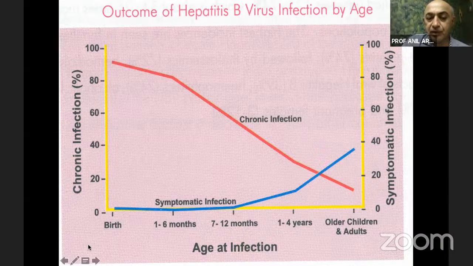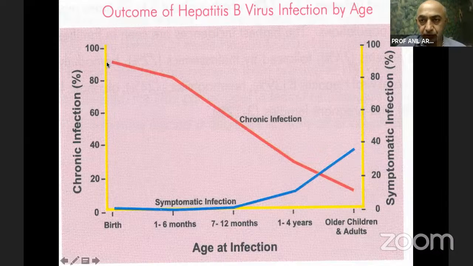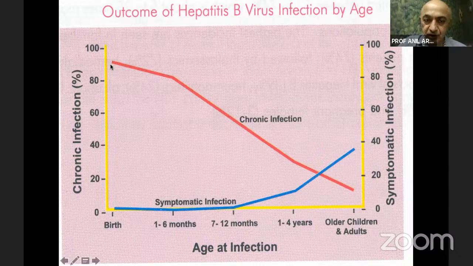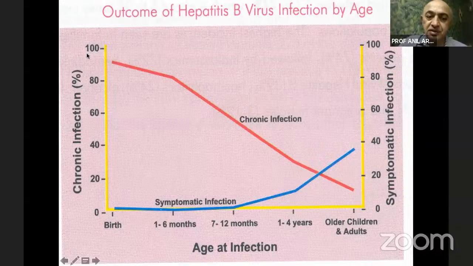But look at this young baby who is born. If the pediatrician or the obstetrician is careless, they do not screen the mother for her hepatitis B status, or the pediatrician does not take care of the baby by giving vaccination at birth as well as hyperimmune serum globulin, this baby is destined to have a 90% carrier state. So for no fault of this innocent, cute baby,